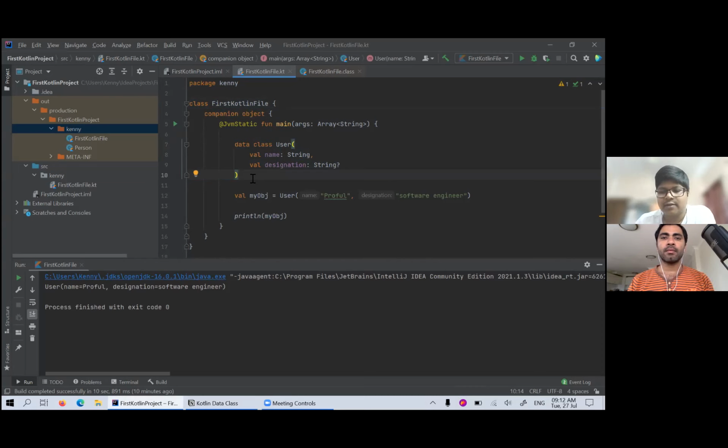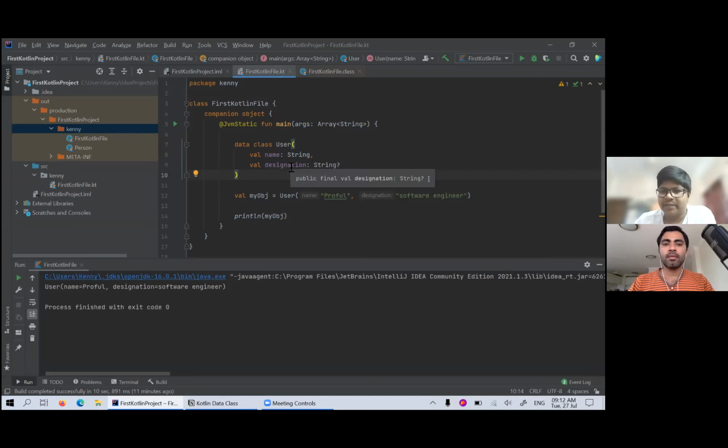Yes, yes. So in Kotlin, don't you have the concept of private, public, and protected access identifiers? Yes, we do. And I think by default, everything is public or private. I'm not sure, I forgot it right now. Yeah, no problem.